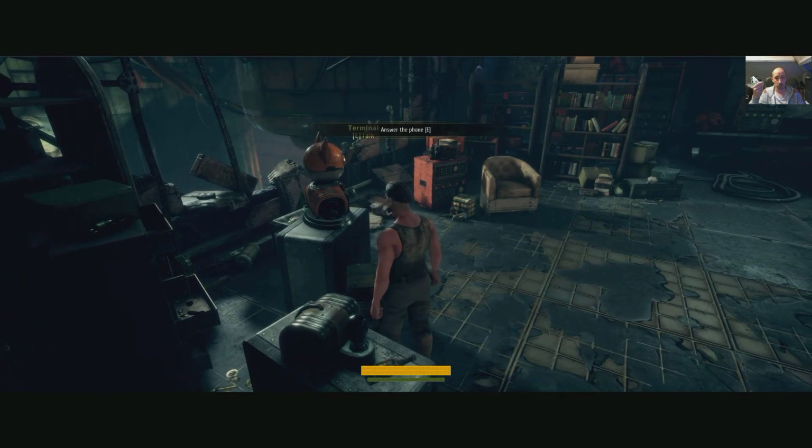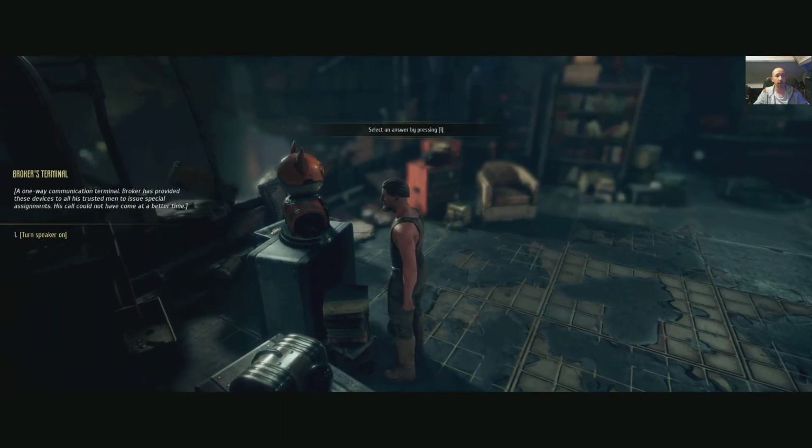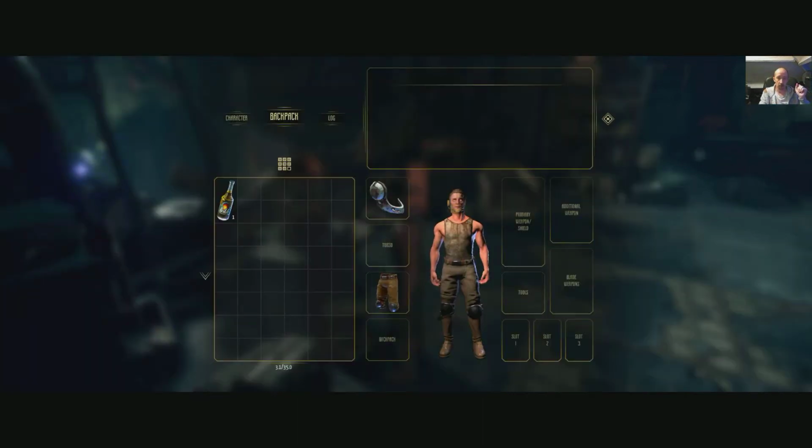E. E. This game's a bit buggy by the look of things. I mean, I'm pressing E right now. You can probably hear E. And it doesn't work. It doesn't want to answer. Oh, finally. It's finally answered the telephone. Right, okay. Select and answer by pressing...